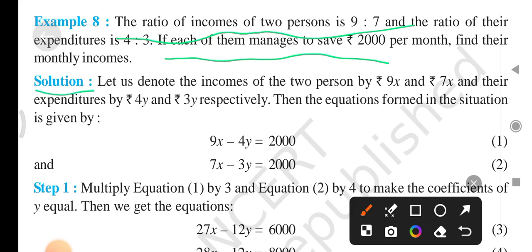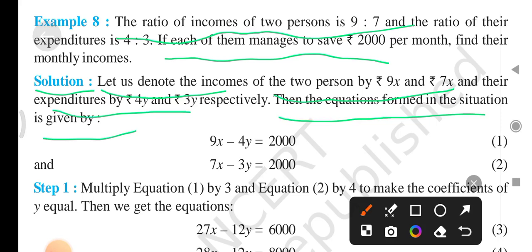Solution: Let us denote the incomes of the two persons by 9x rupees and 7x rupees, and their expenditures by 4y rupees and 3y rupees respectively. Then the equations formed in the situation are given by